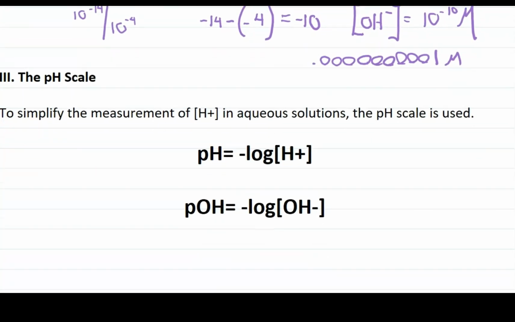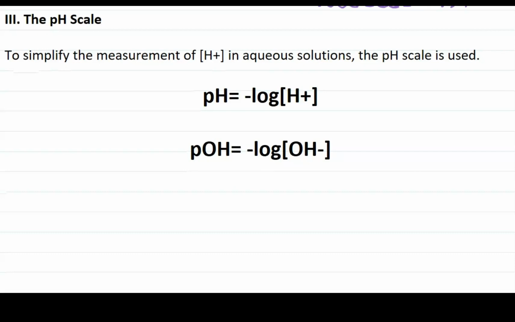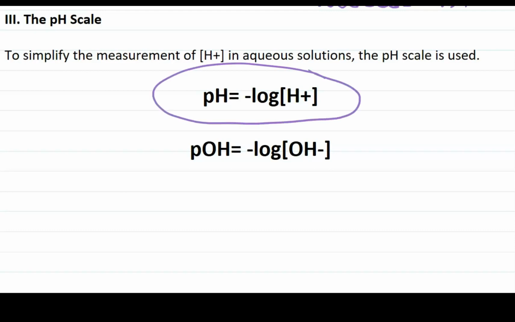The pH scale is where we take the negative logarithm of the concentration of our hydrogen ions. That is our pH. Now our pOH is just the opposite. It's the negative logarithm of our hydroxyl ion concentration. So it really just simplifies these measurements. So for example, in pure water,